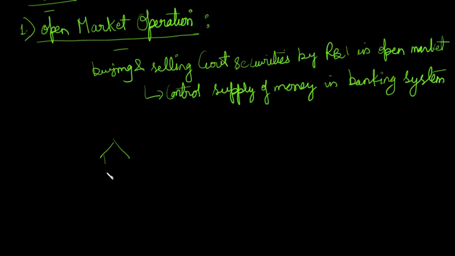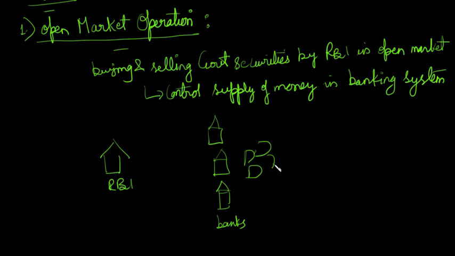For example, this is RBI. These are the different banks. Here, what RBI does when there is excess supply,